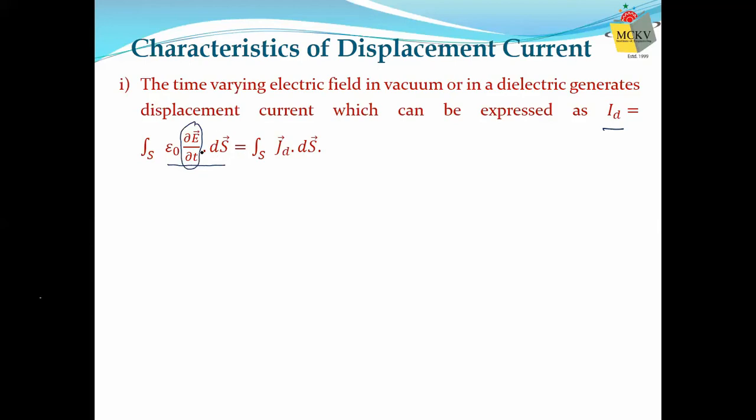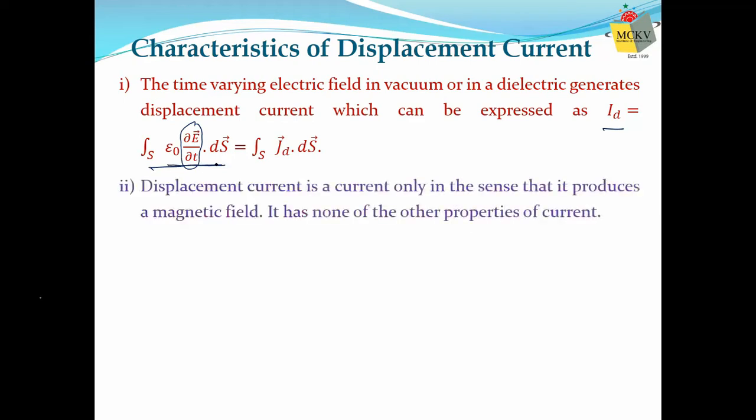The rest is mathematical. If I write it in this way, then whatever quantity we get has the unit of ampere. That's why we are calling it displacement current, because now conventional current and this whole thing have the same unit. That is the reason we are calling it displacement current. Displacement, because the displacement vector is used, but it has no other property.